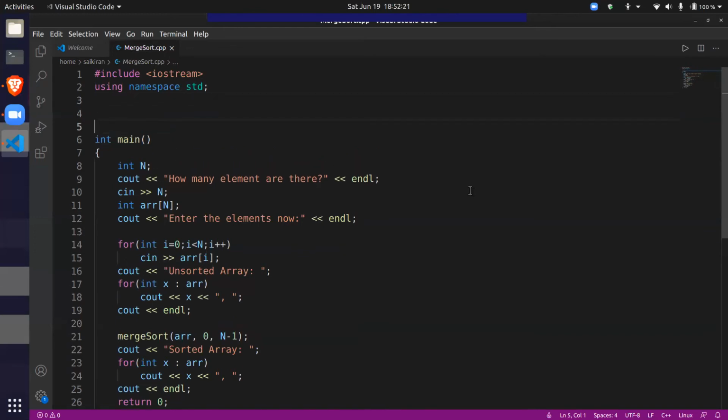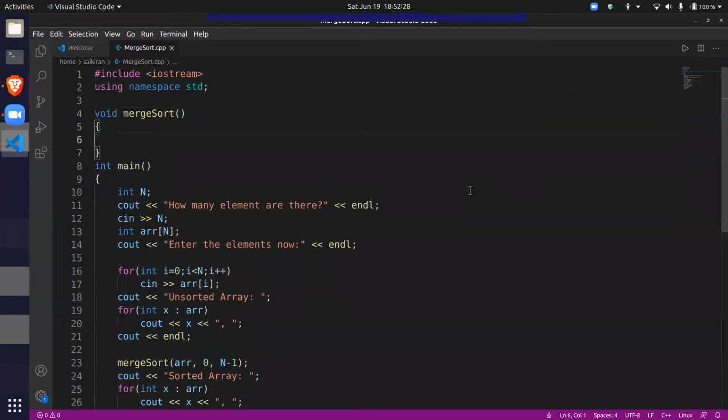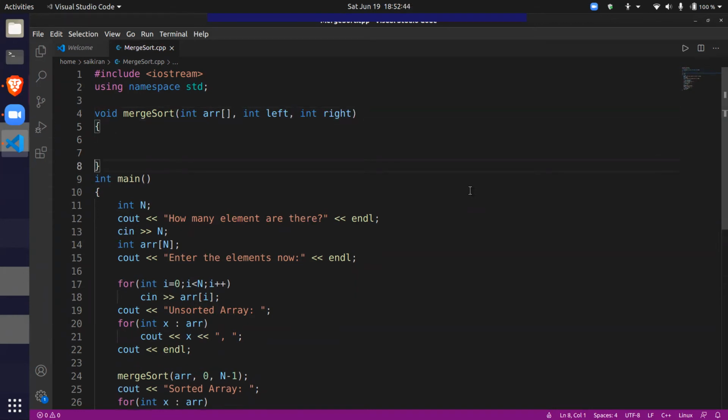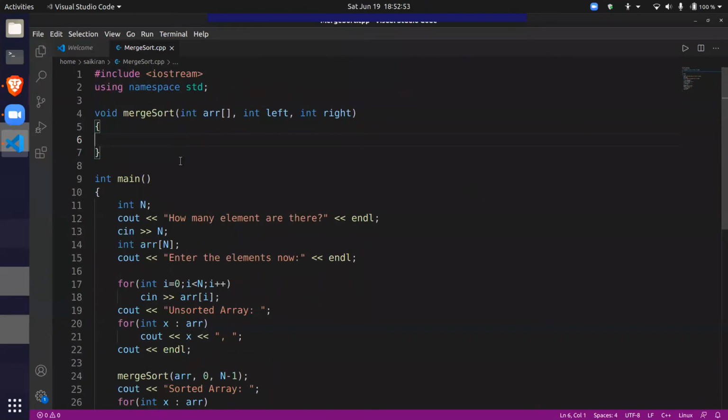Now it's time to implement the merge sort function. So void merge sort. So merge sort takes in an array and the left boundary and the right boundary, right? And it's supposed to return to me the sorted array, but I won't be returning anything because arrays are pointers.